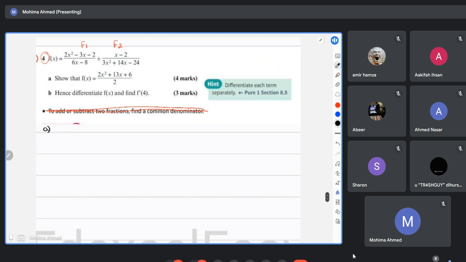Now we are going to solve part A. If I start solving it from the very start, you have 2x squared minus 3x minus 2, right? I obviously understand I have to split that. So I'll start splitting it. You have 2x squared, 4x minus x minus 2. Wait, if I have 4x, this has to be positive. And then 6, from 6 and 8, I can take 2 common. So I'm going to get 3x minus 4. And then again, this will be multiplied with the quadratic equation.